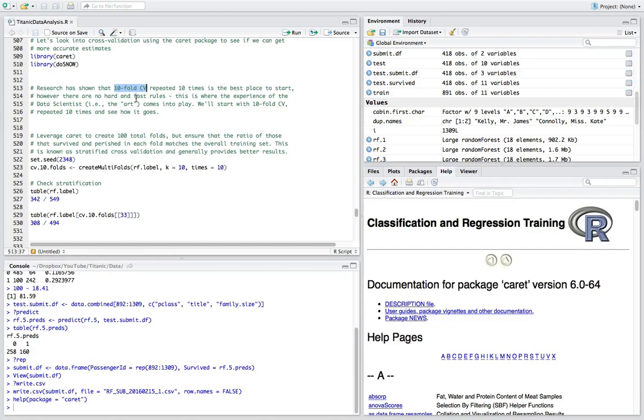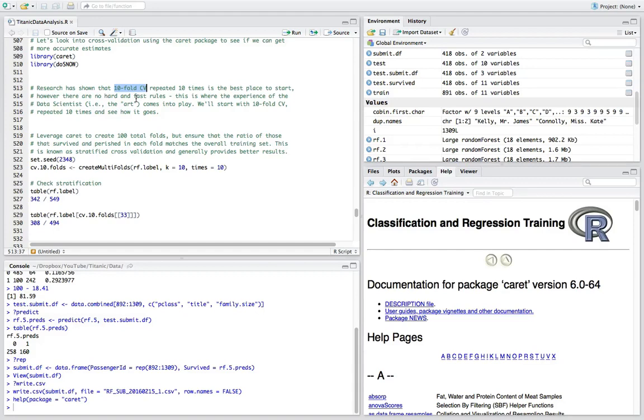And what that allows you to do is use all of your data to train models and then get some idea of what it would look like accuracy-wise on totally unseen data, because you average your error rate or your accuracy rate across all 10 runs, and that gives you your overall value. Now what that means though is that you're basically training your model 10 times. So if you create a random forest with 1,000 trees, that means you're actually building 10,000 trees